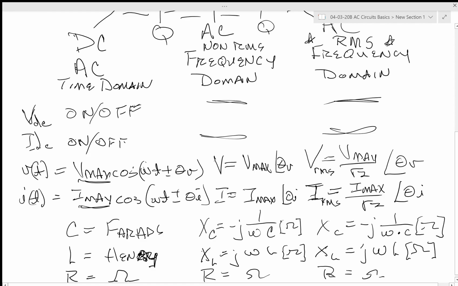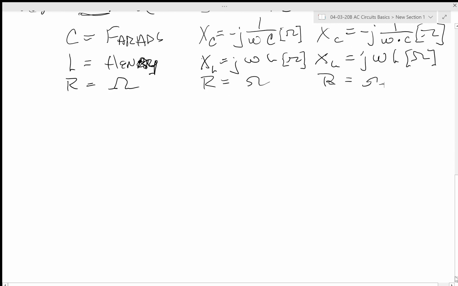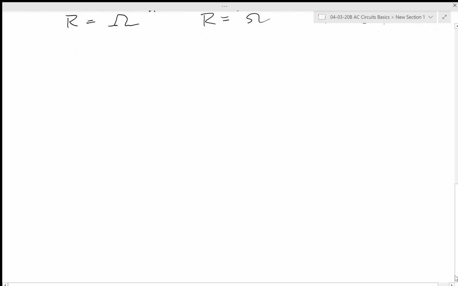Okay, so everything's the same except when we go to RMS, I'm just going to say it's already an RMS value and it's already been divided by the square root of 2. Okay, so let's just cover that